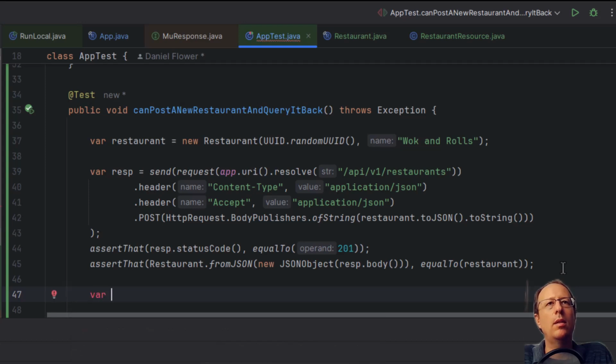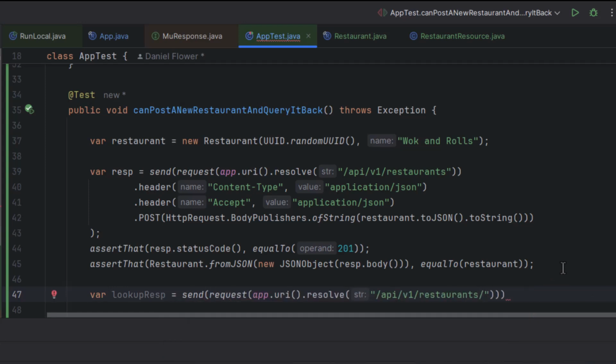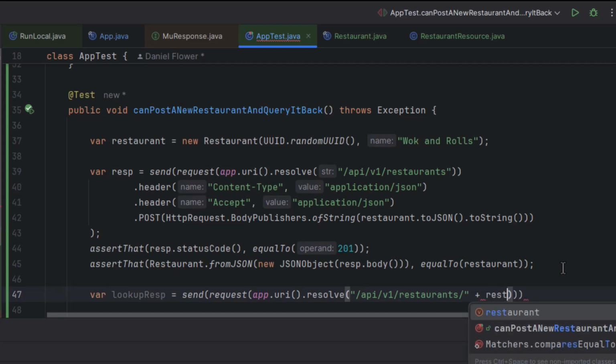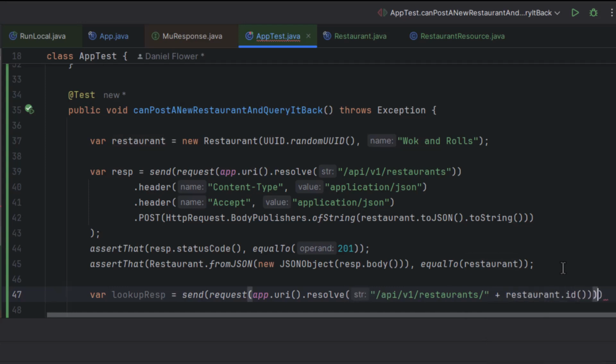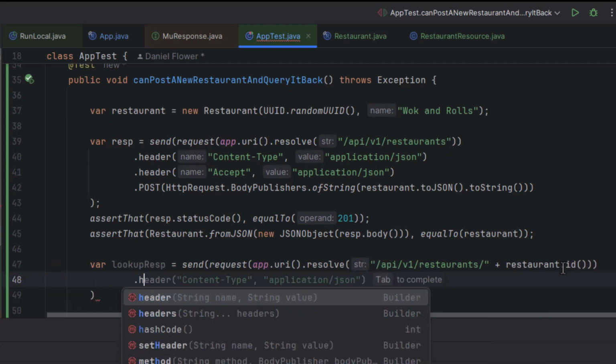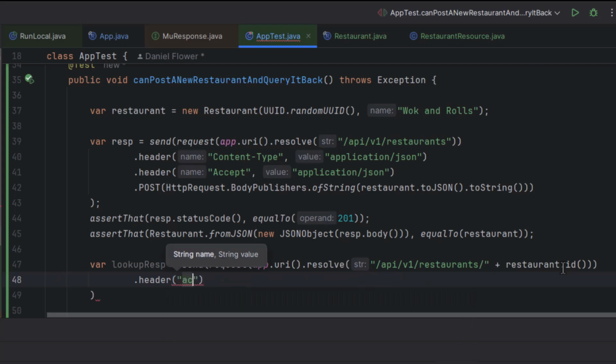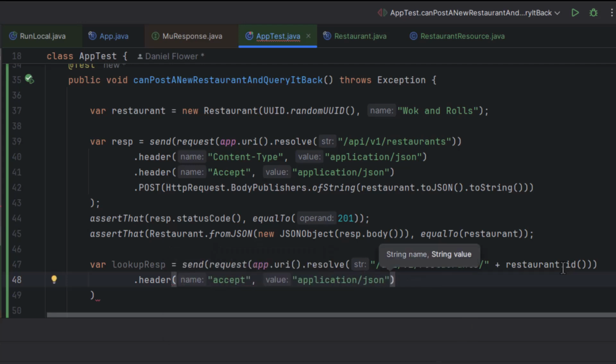So this is the lookup response. We're going to send a request, and we're going to pass it the ID of the restaurant. We accept application JSON.